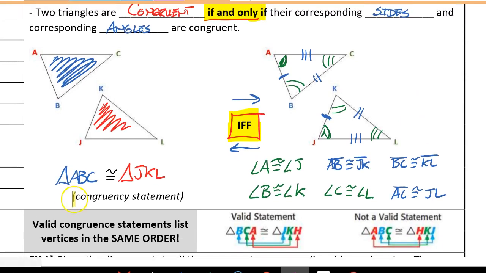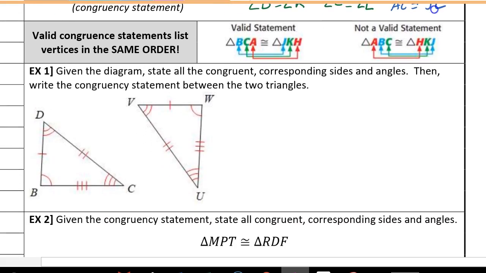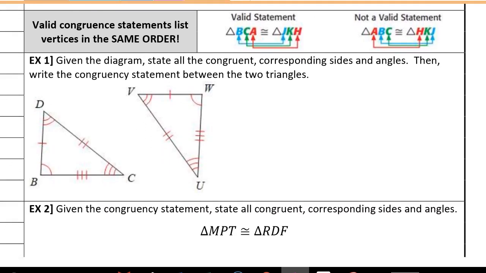congruency statement that we see here gives us the order of the vertices. And the order of the vertices is the same in each triangle. It tells us which parts match up with which parts, which sides match up with which sides, which angles match up with which angles. It's very, very important that we go in the correct order, as we'll see in this next example. If I give you a diagram and ask you to state all the congruent corresponding sides and angles,